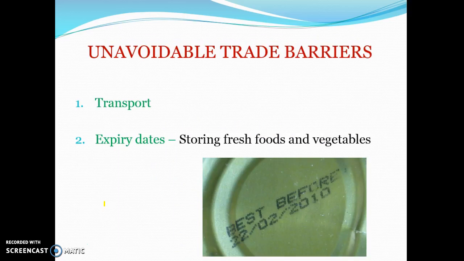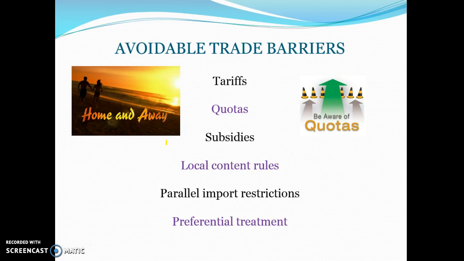So there is what we call unavoidable and avoidable trade barriers. Our unavoidable trade barriers are essentially things that we can't avoid. That would include transportation, so it's very hard for us to transport goods to countries that are a long way away, and some products have expiry dates, which makes it very hard to trade across national borders because things can go off. There's also 6 avoidable trade barriers: tariffs, quotas, subsidies, local content rules, parallel import restrictions, and